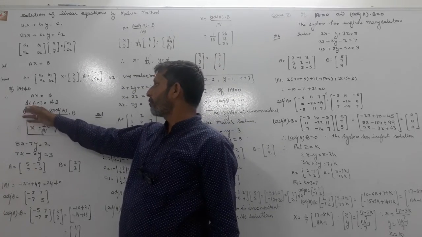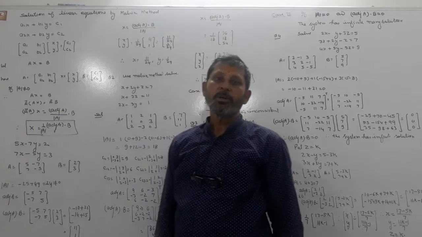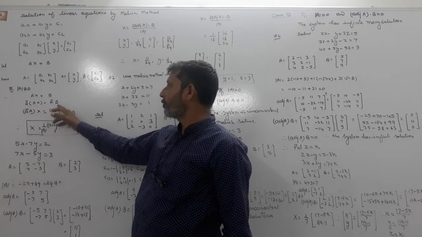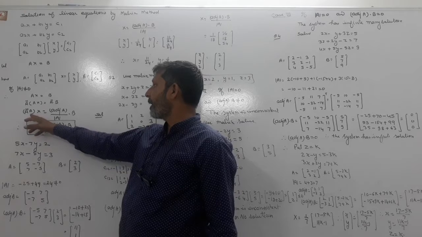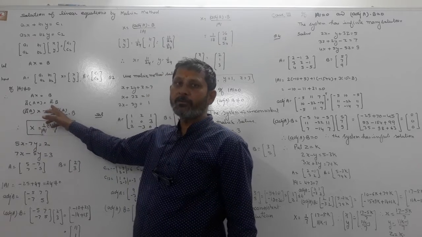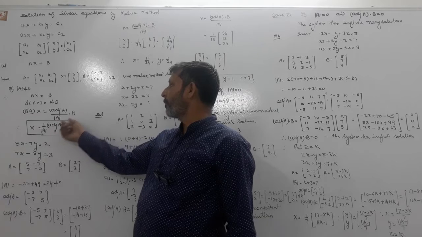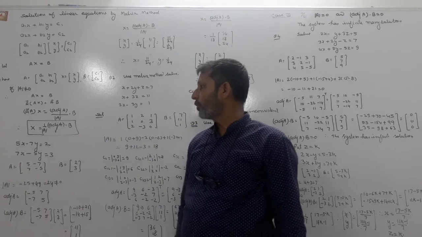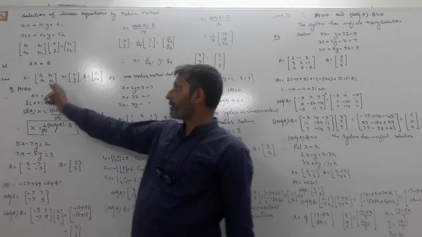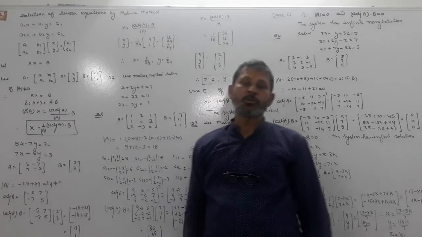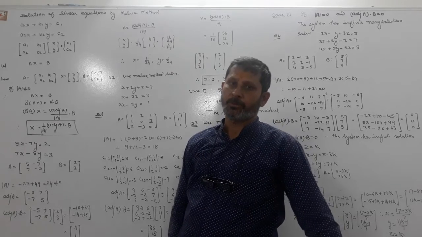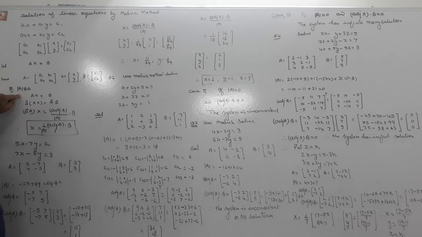Then multiply A inverse on the left-hand side, by the left cancellation law: A inverse into Ax equals A inverse into B, A inverse into A is I, then I into x. And how can we find A inverse? Adjoint of A divided by its determinant. Then x equals 1 upon determinant of A into adjoint of A into B. If the determinant of A is not 0, then the system of equations is consistent with a unique solution. It is necessary that the determinant of A is not equal to 0.